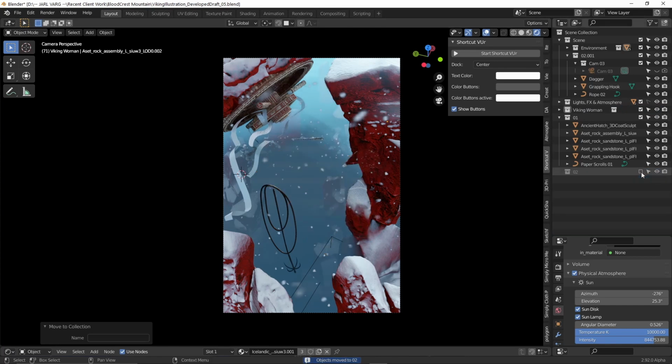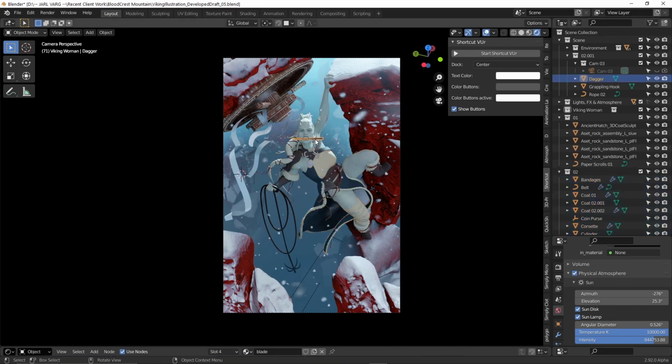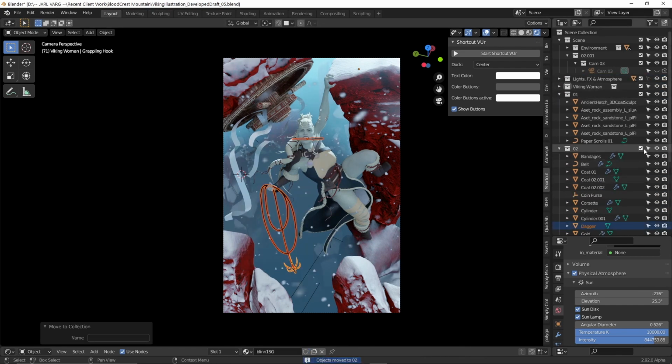So now if I hide her, most of everything got included except for the knife and these parts. So let's select those, press M, 02, and if we try again,